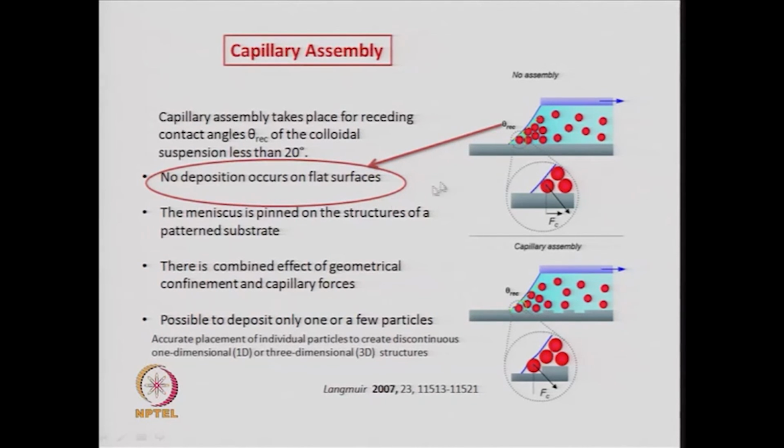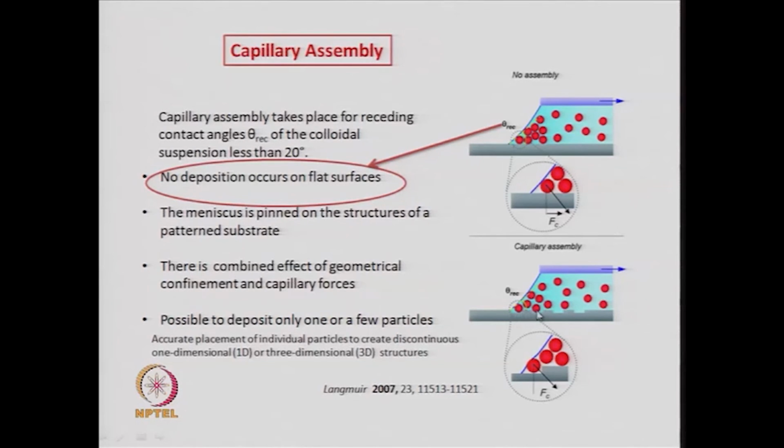Normally, in capillary assembly you will not have deposition on flat surfaces, because you need this angle, the receding angle theta, which should be less than 20 degrees for the capillary assembly to take place. On a plane surface this angle, as you see, is normally higher than that, whereas if you